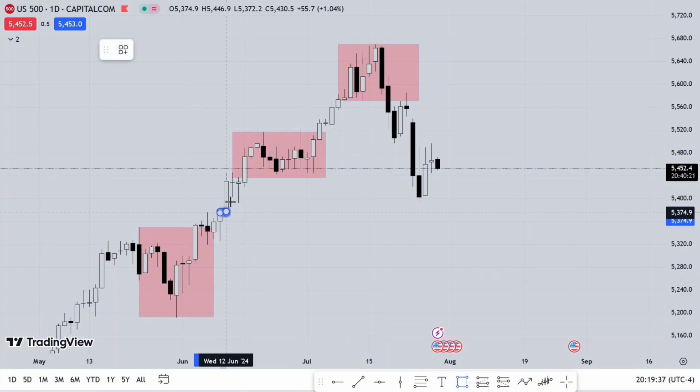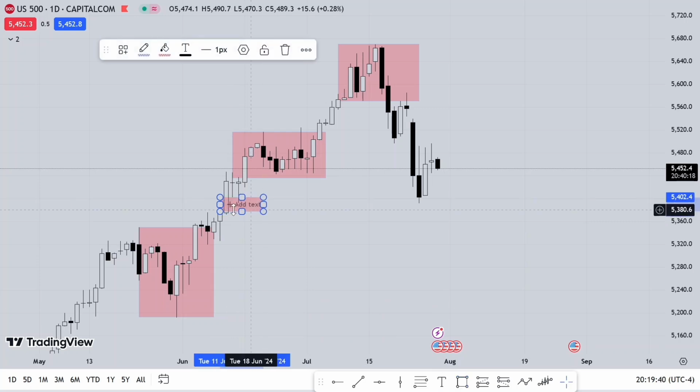This fair value gap here, this was the first stage here, and then you have this second stage trading inside of this fair value gap, within this imbalance here. So this is the second stage before price moved higher, and then price went into a form of consolidation. And when it does this, it drops lower and leaves an imbalance here. And also this set of last up close candles, these consecutive up close candles on the higher time frame, probably